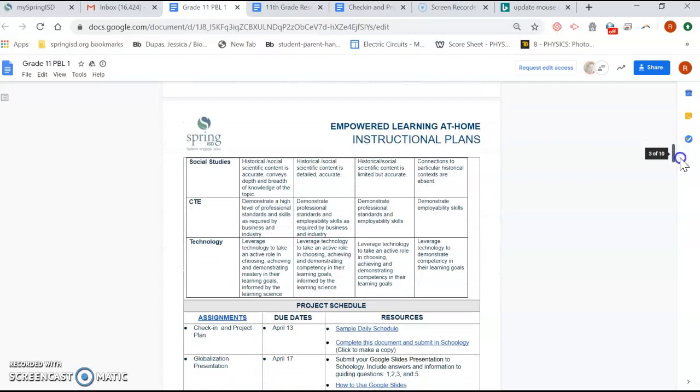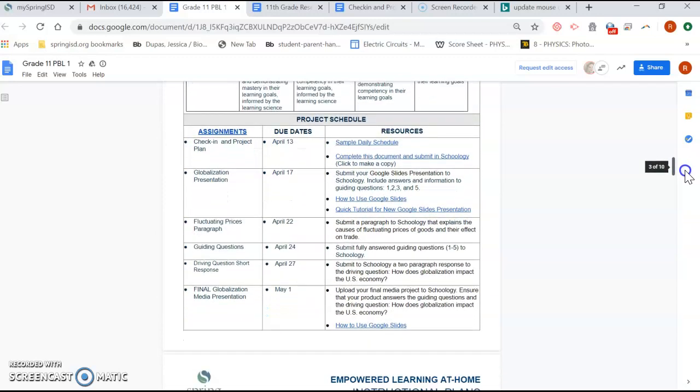Alrighty. The next thing on here is the project schedule. So if you see right here, here are your 6 projects that you will be responsible for. We're going to be specifically really diving into these first 2 assignments that you're going to be doing this week. As you can see, the first assignment is due on April the 13th. Please try to have the assignments in on the day that they are due. This first assignment might be a little difficult because you probably are just looking at this on April the 13th.